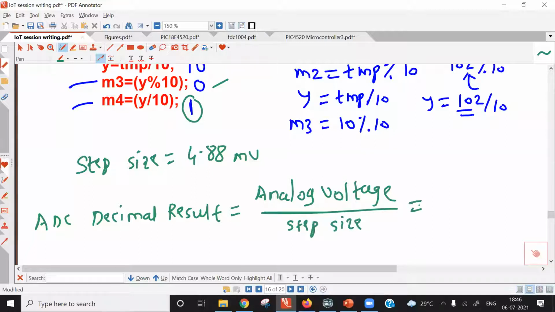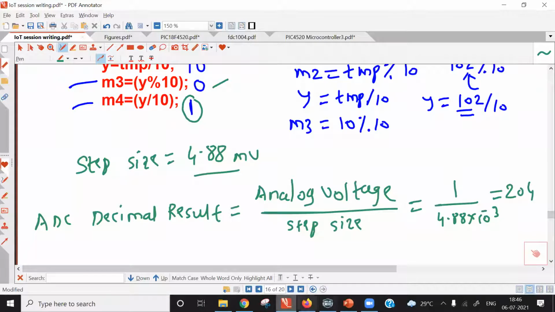So for 5 volt reference voltage, step size is 4.88 millivolt. Analog voltage is, in our case, 1 volt. 1 volt divided by 4.88 into 10 raised to minus 3. And you will find that this will be equal to 204. So for 1 volt, decimal result is 204.